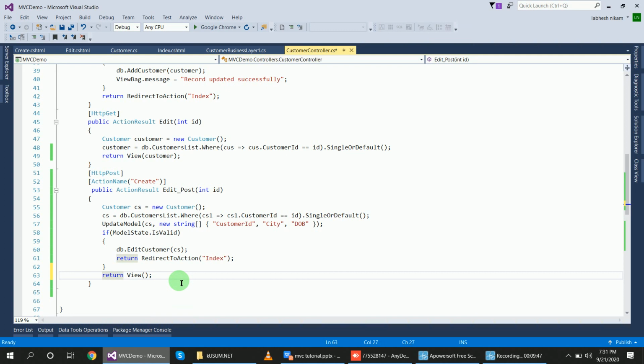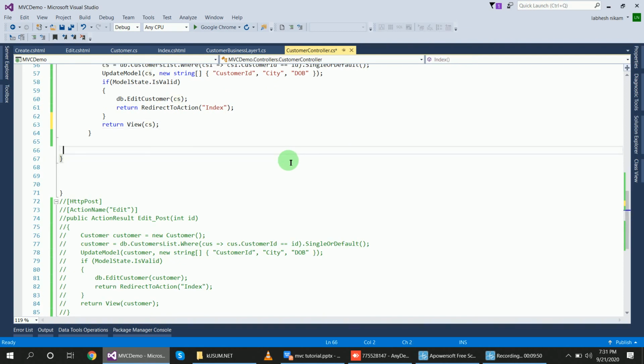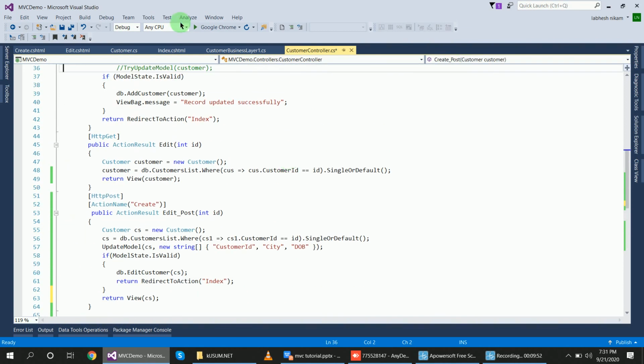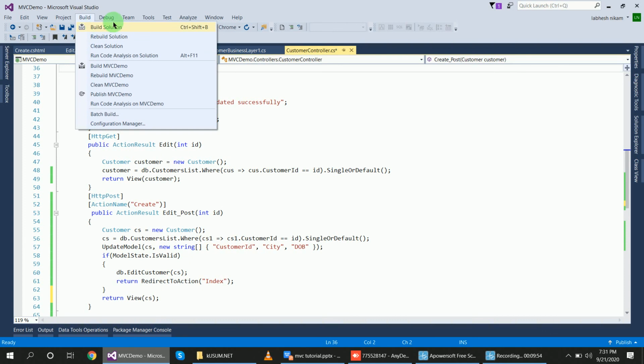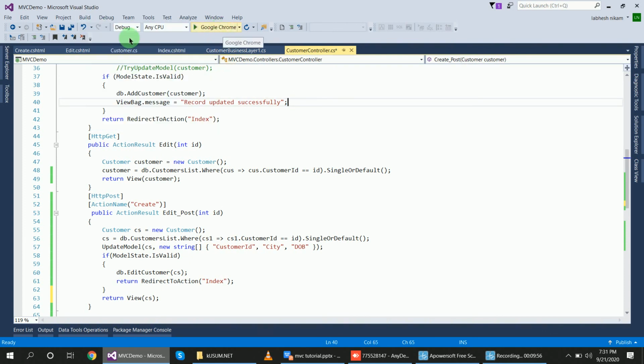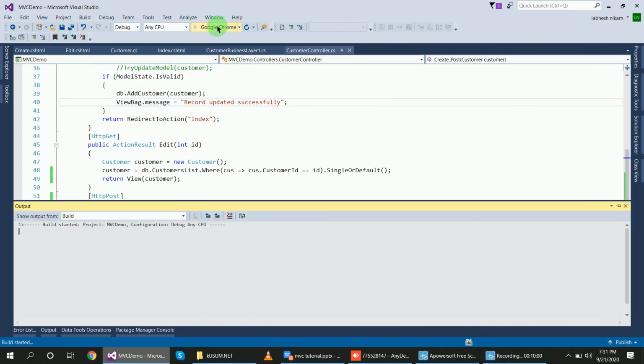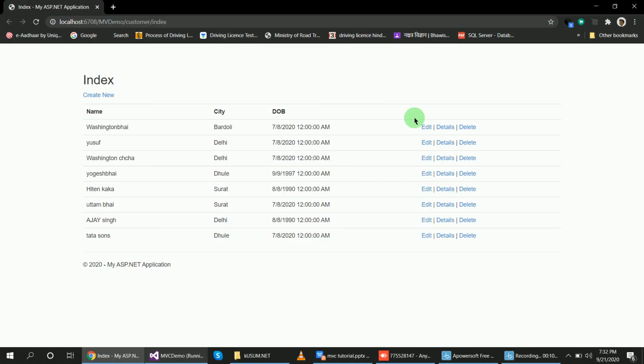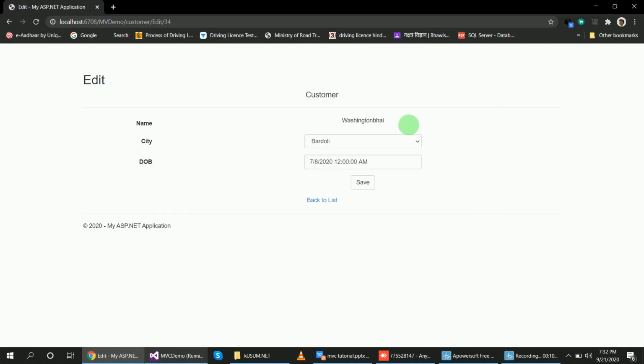Okay, so Ctrl+F7 and debug. Now run the program, save it, run the program and check the name property. Can I update all other fields? Please check. Okay, my application is running now and I want to edit this one. I cannot change this name, but I can change this name